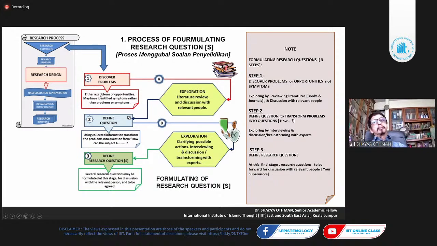Problem also means solving a problem. Here, you look into a certain problem and you solve it. That is good as well, in the sense that we help people to solve a certain issue, a social problem, economic problem, management problem, and so on. So it's for you to choose.